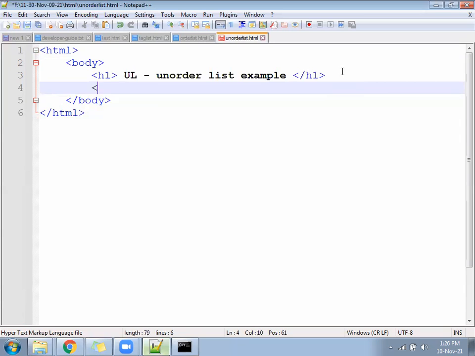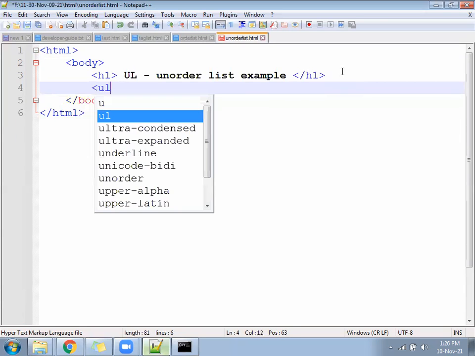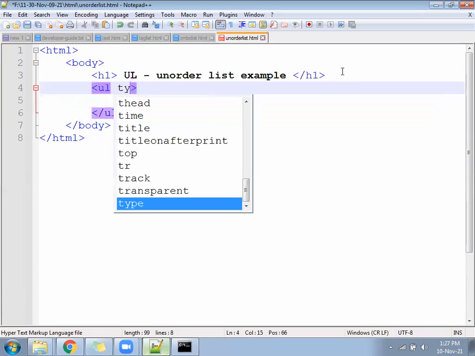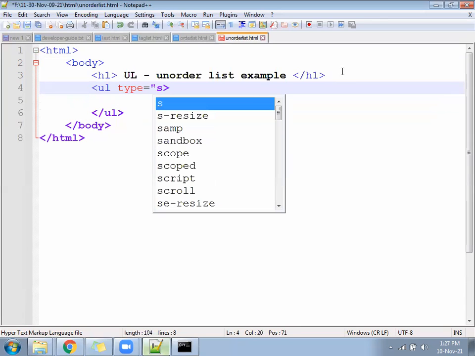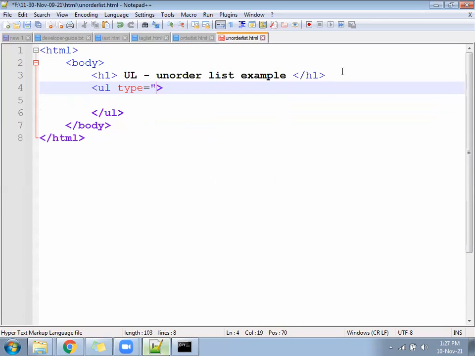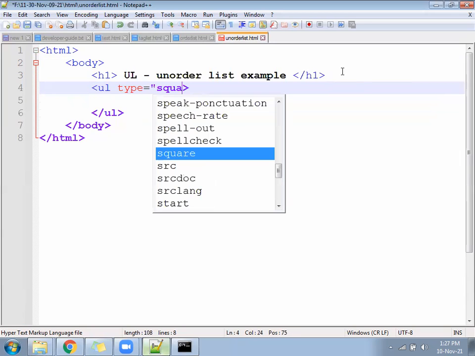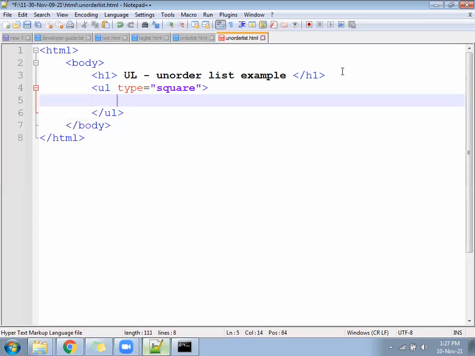So first we have a ul, and the full form is written on top, unordered list. Inside that you will write type equal to square. Inside that you follow the li.